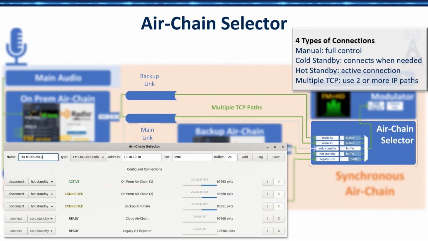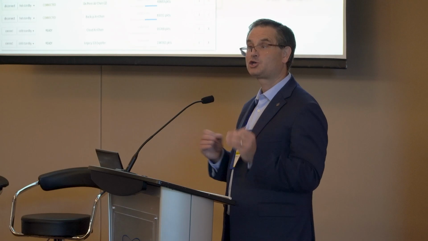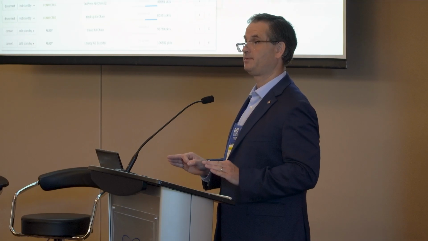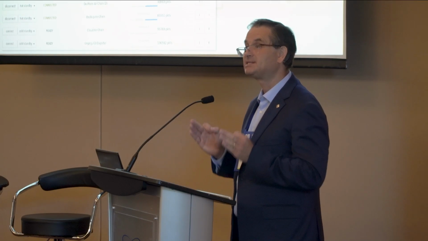So there's a couple different connection methods. One I call a cold standby, where we have not connected to the cloud, where we have not connected to the AirChain. But if anything goes wrong, we'll have to initiate the connection, fill the buffers, and then we can bring it online. So there could be a short outage, but importantly, it's before the modulator, so there's no RF drop. It would just be silence on the FM carrier and the HD. So the RF power level stays unchanged.